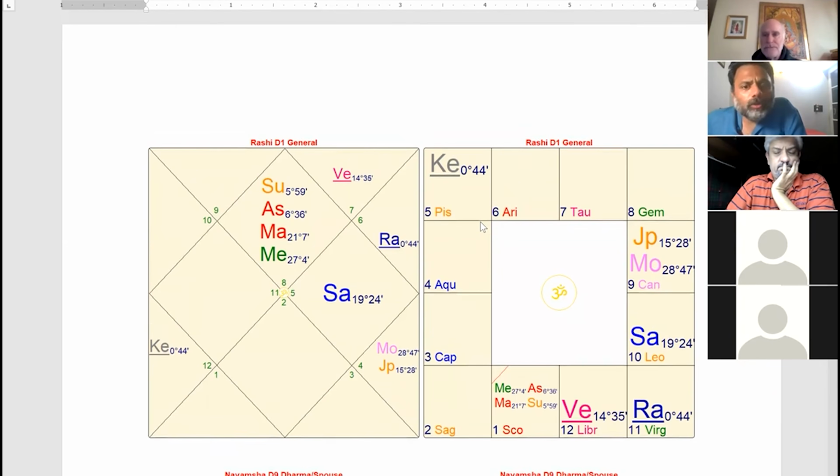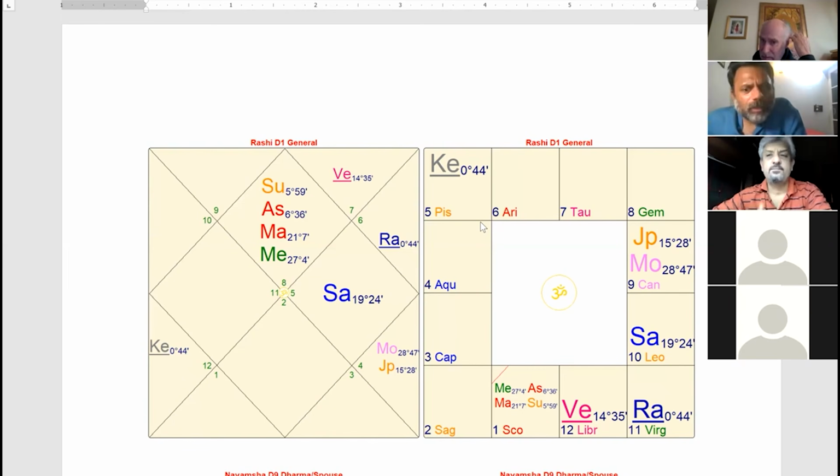Mark, could it also be because Ketu is in Pisces, the moksha house, and Ketu being a moksha karaka? No, of course. All the factors add up here, right? Some of you have heard me talk about this: Ketu doesn't become a moksha karaka in every chart. It doesn't incline a person towards moksha or interest in moksha. It only does so when it gets, quote, spiritualized. And one of the ways it gets spiritualized is when it's under the influence of Jupiter, particularly a Jupiter like this. And when it's in a moksha sign, which it is. And when it goes to the 5th or the 9th house, which it is. So you have multiple factors that spiritualize this Ketu.